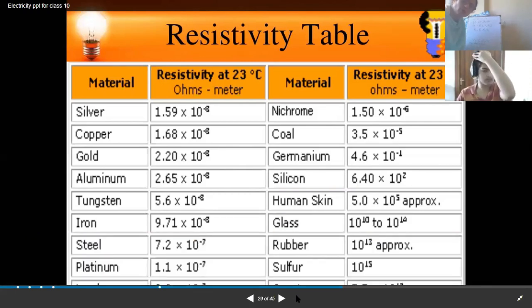As we have already discussed yesterday, what specific resistance is. Today we will be discussing that if we are having n number of resistances, what are the different ways of connecting them. We can connect the resistances either in series or in parallel.